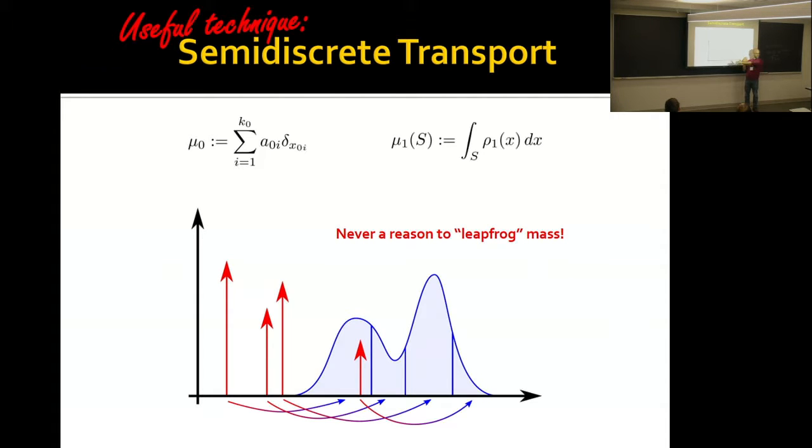A very simple argument in one dimension, which says, let's say that I have a target for all the mass in this red arrow. And I have targets for all the mass in the second red arrow. One thing you can convince yourself is that there's never a case where they leapfrog like that. Make sense? So like, if the mass of the red arrow goes here, there's no case where the second one will go to its left. What that means is that secretly hiding here is a finite set of variables.